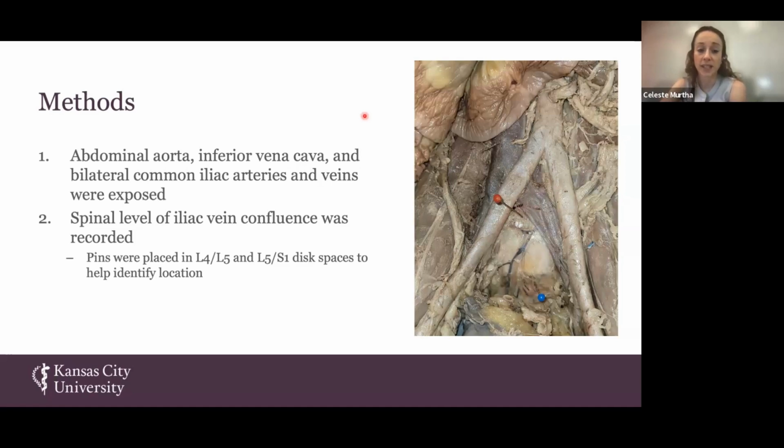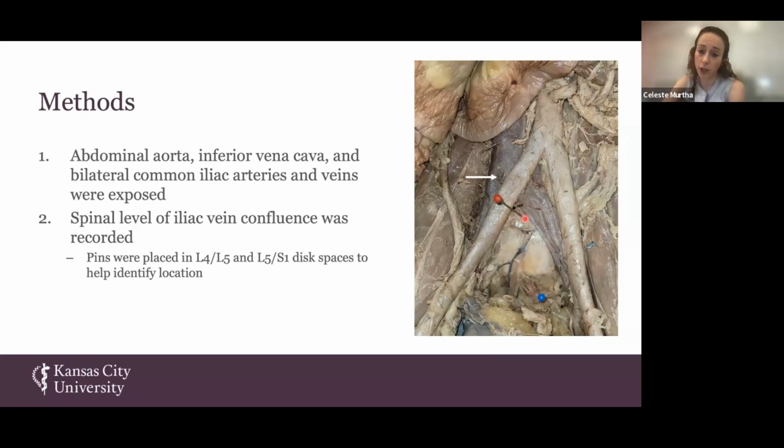Next, we determined the spinal level that the iliac vein confluence occurred at. So to do this, we looked at the location of the left common iliac vein right here and the right common iliac vein right here, which is sitting under the artery, and we assessed what spinal level the confluence was occurring at. To help us with this process, we placed colored pins